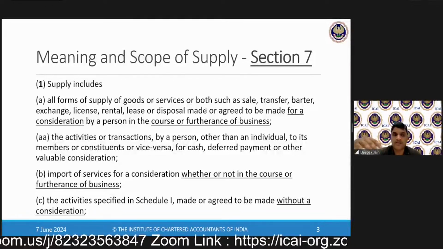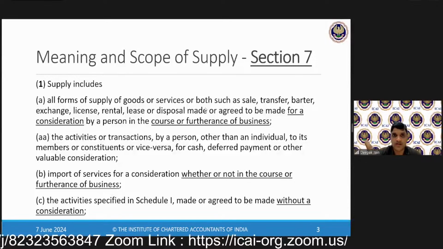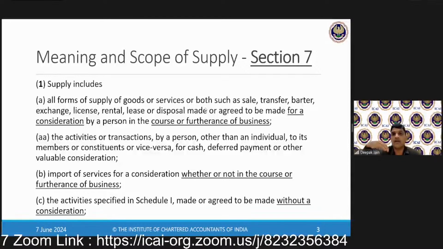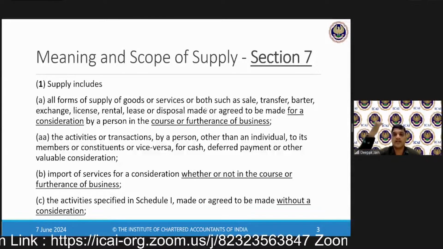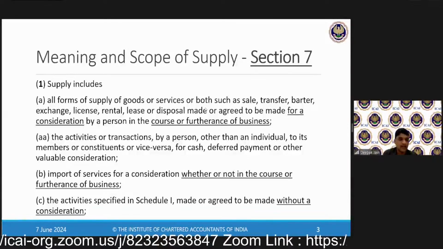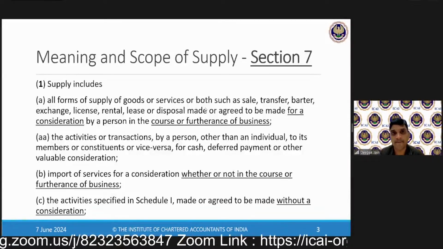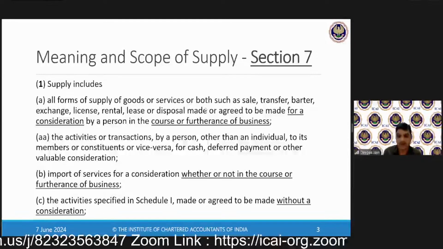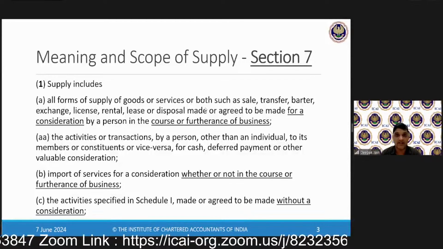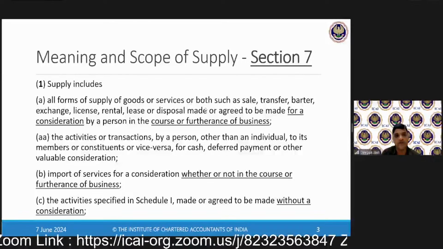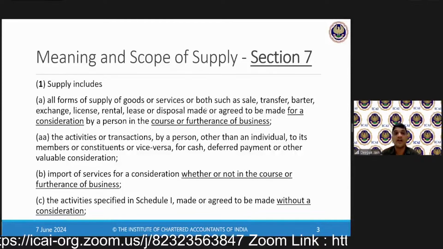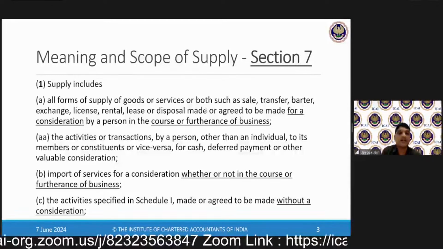So when it is providing some services to its members, there was a dispute saying that I am a member of this club, and the club is providing service to me. So this is an internal transaction. It is like taking money from one pocket and putting money in another pocket. I have taken my money from one pocket and put it in another pocket along with others through an association. So why is there a tax? There should not be any tax was the argument. So to bring away that argument, so that this should not reach the courts, we will bring it in the definition of supply itself.